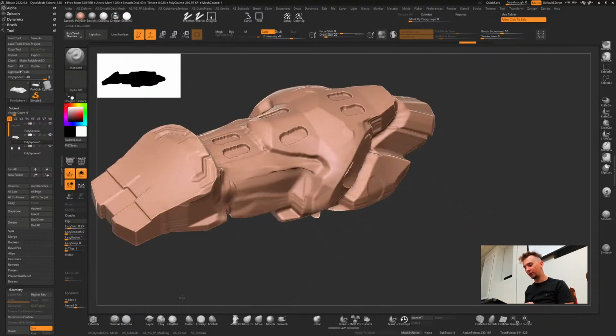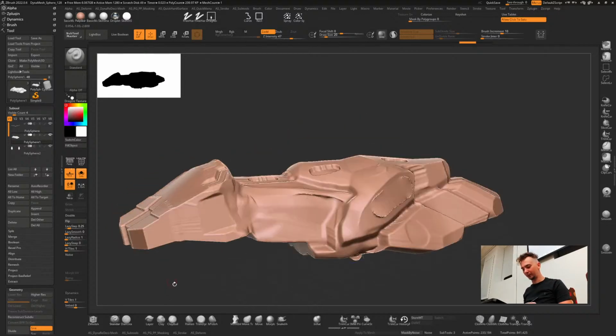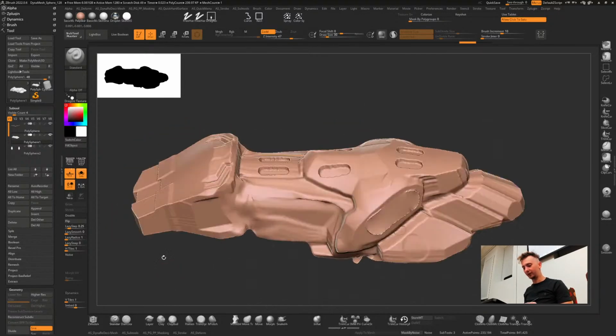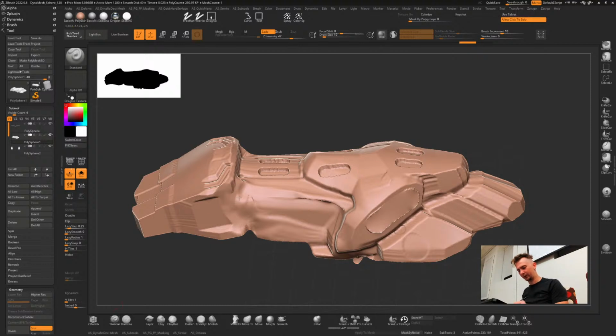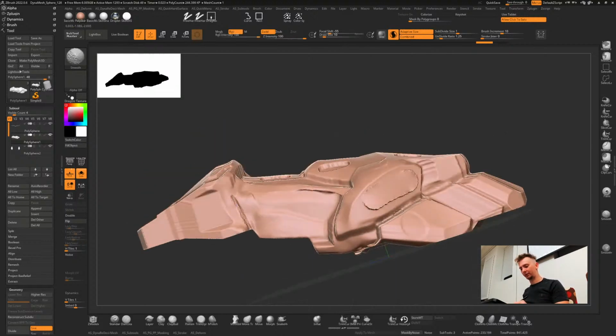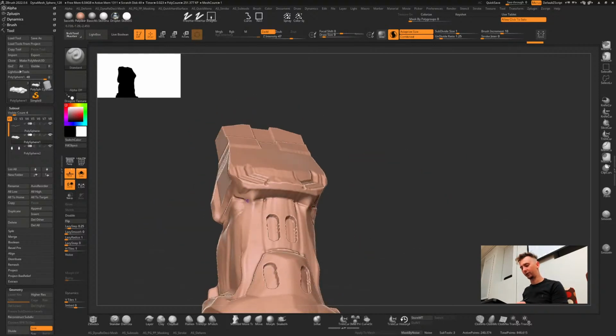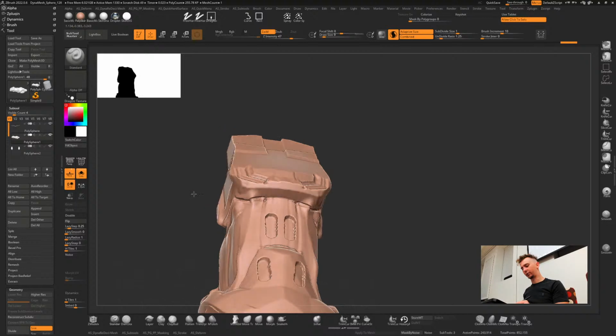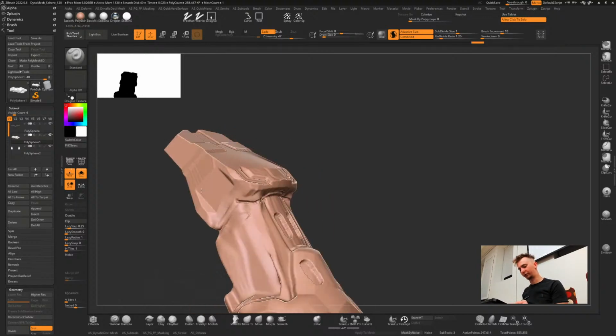Okay, so now that I have this sort of ugly blob, let's carve out something nice out of it. And the standard brush is great for this kind of very bold design sketching. Basically, it's the same as if you did it in Photoshop, but I'm applying it to a 3D object, and I'm just going in and creating some rough shapes.